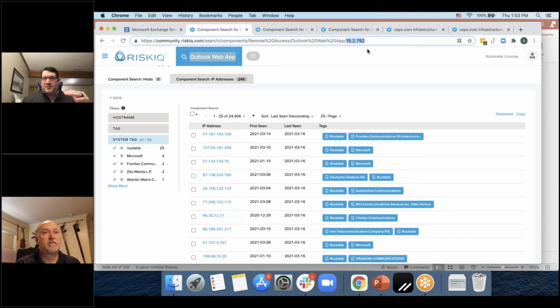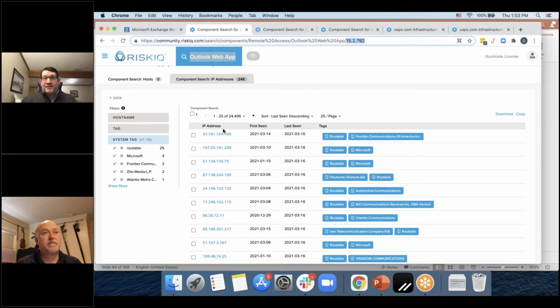So if you're looking for specific things, if you're looking at a CVE that's just been released, if you're working with your vuln team, or you are the vuln team and you're looking at technology that you have and you want to see if you can see it or who else has it, this is a quick and easy way to do it. And you can do that query. In this case, we've returned 24,000 items. You can download this. There are some different filters that you can run on this.